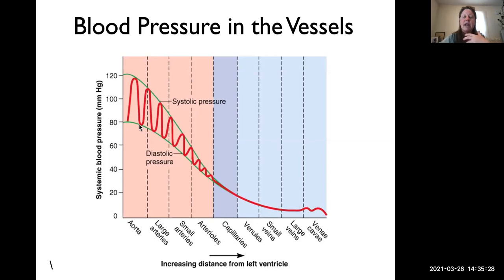So to calculate or estimate mean arterial pressure, we say 1/3 of the systolic pressure plus 2/3 of the diastolic pressure. If we add those numbers together, that gives us the average pressure in the arteries over time and accounts for how much time we spend in each phase of the cycle, systole and diastole. So now let's talk about mean arterial pressure.